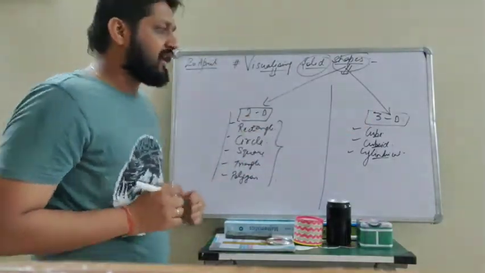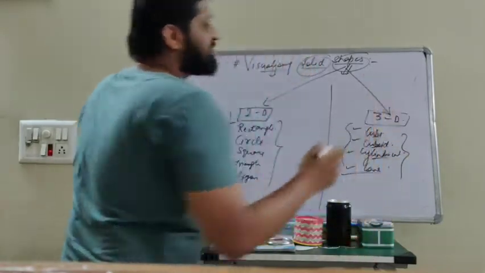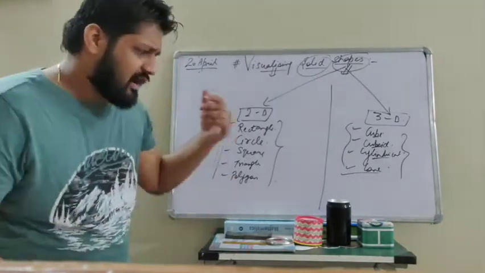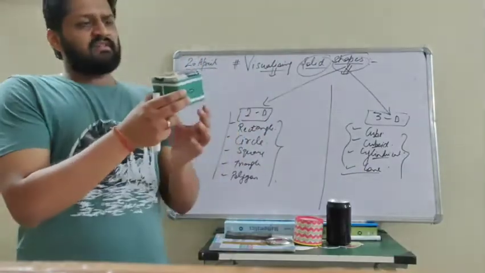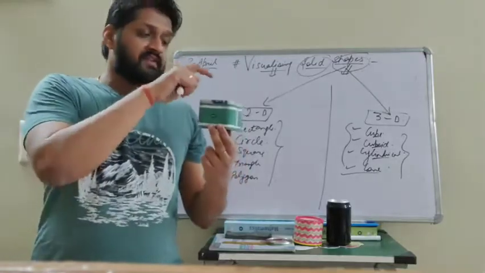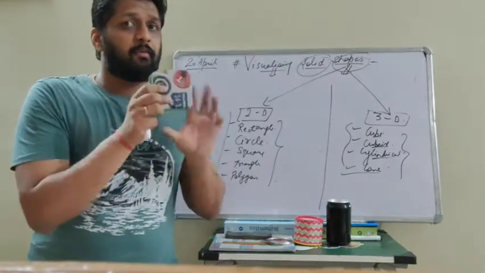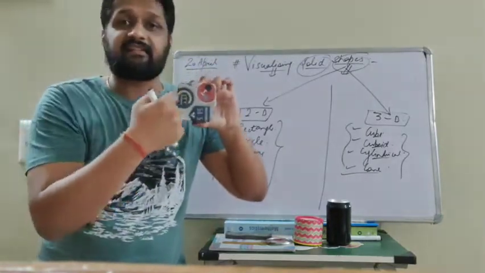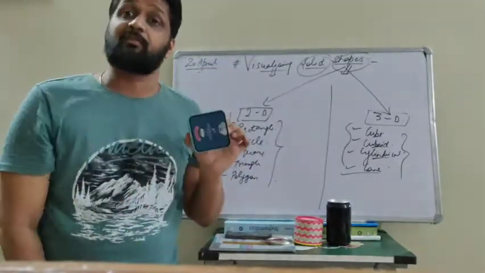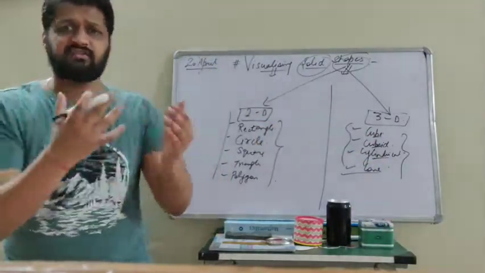So cube, cuboid, cylinder, cone, etc. These are basically the 3D figures, and in 3D figures we have to visualize them. Now how will you visualize? Just look at this. This is a cube, and we have to visualize by taking parts. Now we can say that this is the top part. Top part is of which shape? Here you can see it is the shape of a square. The bottom part is of which shape? Here you can see that it is also the shape of a square. So like this, you have to visualize the top part, the bottom part, or the side parts.